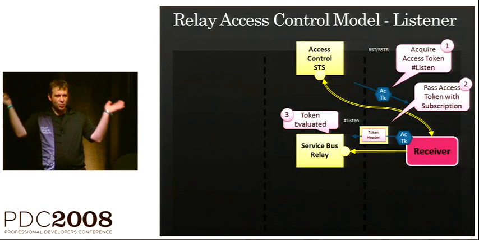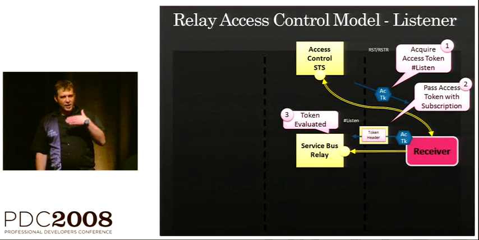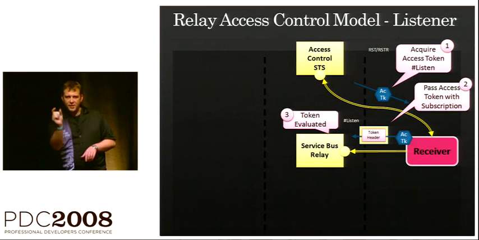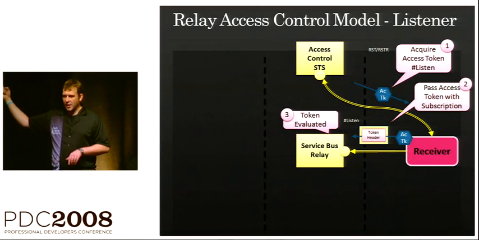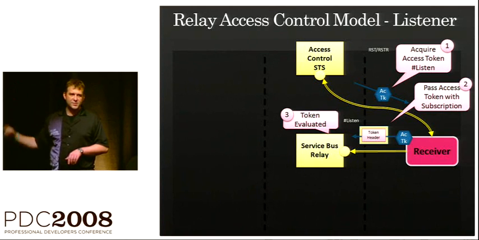If it does so, we let you open that connection. That's the listener part of it. So if you look at the access control portal, you'll see an action, and that action is called listen. This is what it's for. It's for allowing you to start listening on the relay. This is really important because it controls your namespace. It governs access to your namespace.